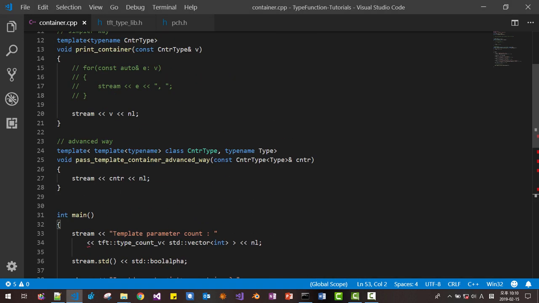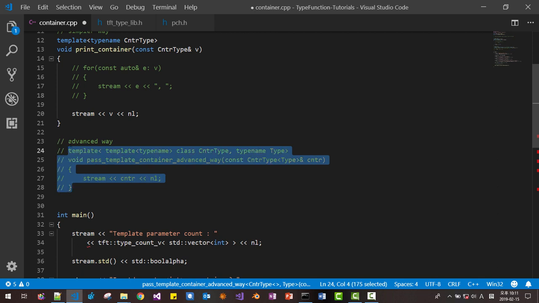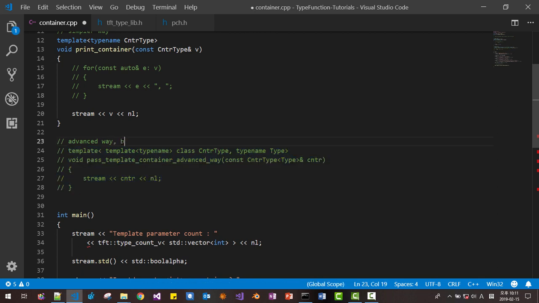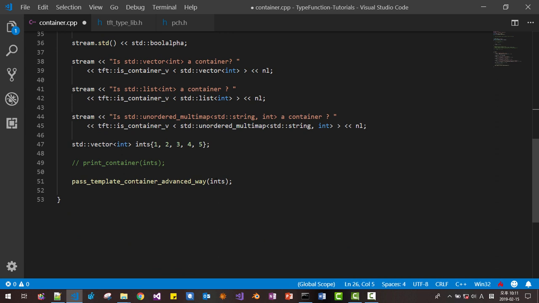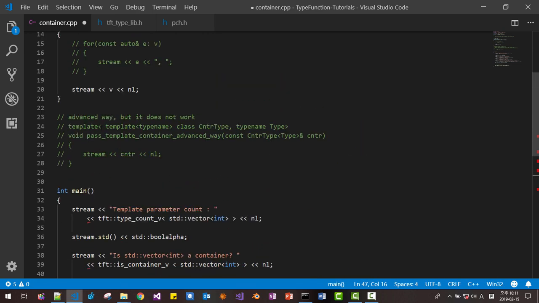But it does not work because this vector class actually takes two more parameters, two more template parameters. So this way does not work. The fixed way,